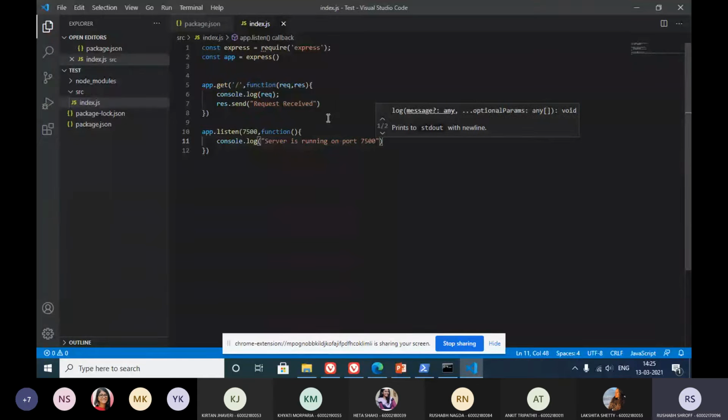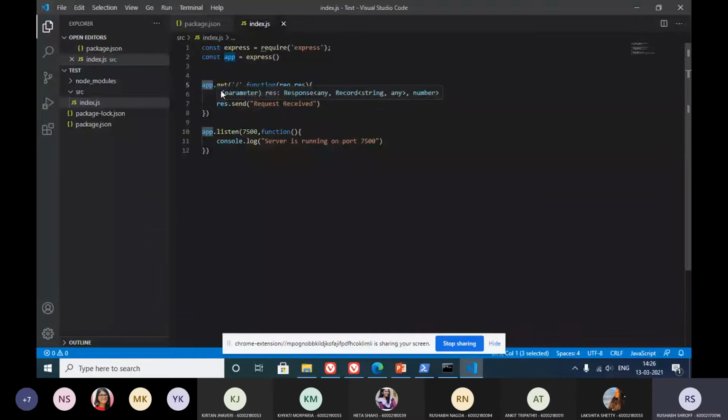So this is it. So now what will happen is whenever you send a request, this function will be called, and this function basically starts listening. You might have a doubt: how is it possible to get a request before listening on the server? This is not what is happening over here. This function is only called when a user makes a request onto this particular path. Otherwise, this is just a definition given to your application that please perform this particular function whenever you get a request onto this.